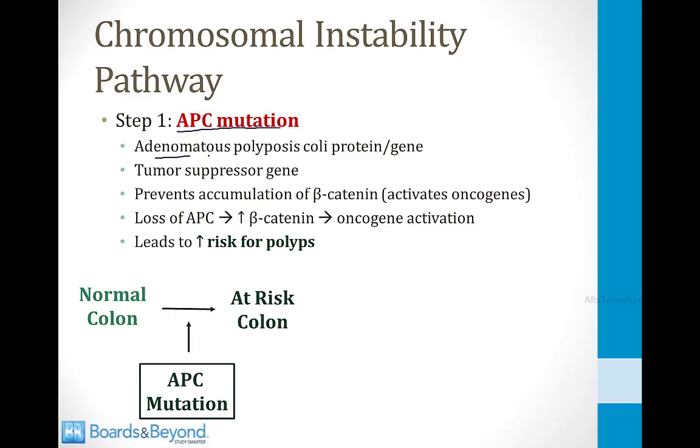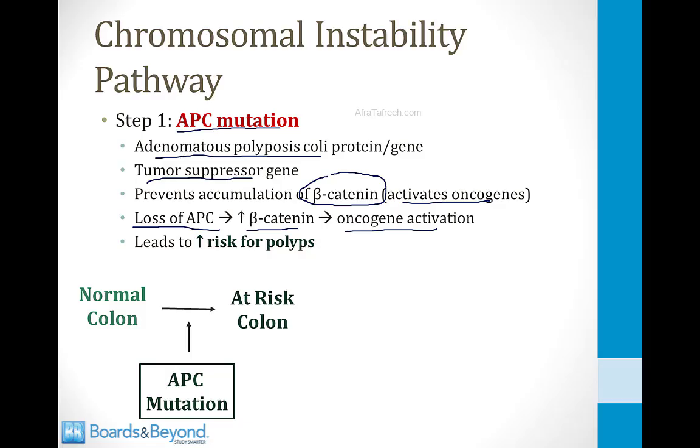APC stands for adenomatous polyposis coli. It's a gene that encodes for a protein, and it functions as a tumor suppressor. What APC does is it prevents the accumulation of a substance called beta-catenin, which activates oncogenes. So normally when APC is functioning, it will suppress beta-catenin, and therefore oncogenes are not activated. However, if you lose the function of APC, this leads to an accumulation of beta-catenin, and this leads to oncogene